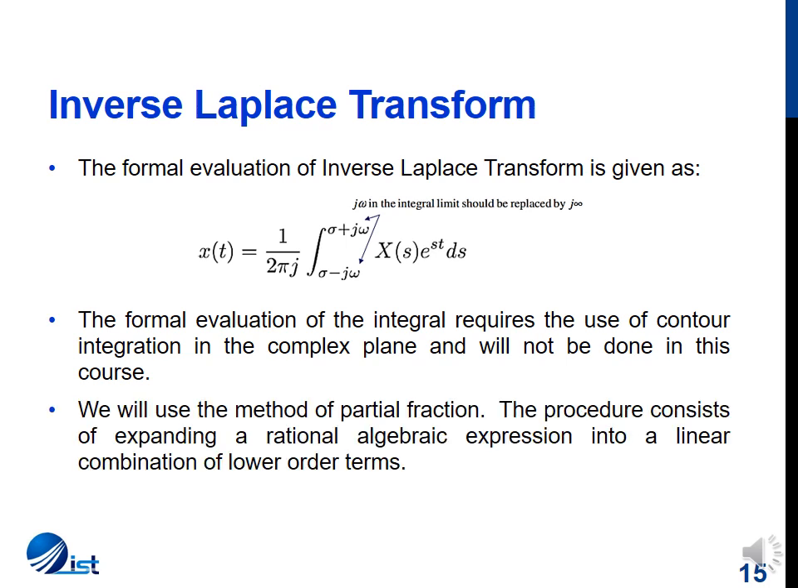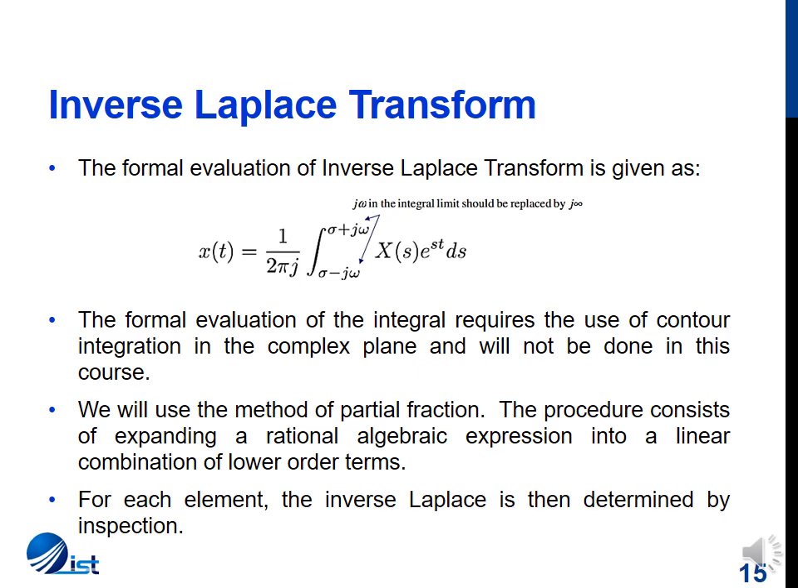The method we are going to use is the method of partial fraction expansion. We are given a rational Laplace transform and the ROC, and we can determine the time domain function. First of all, we'll divide the algebraic expression into a linear combination of lower order terms, and by inspection we'll determine the transform of each of these terms. So the steps for determining the inverse Laplace transform for a rational function x of s would be: